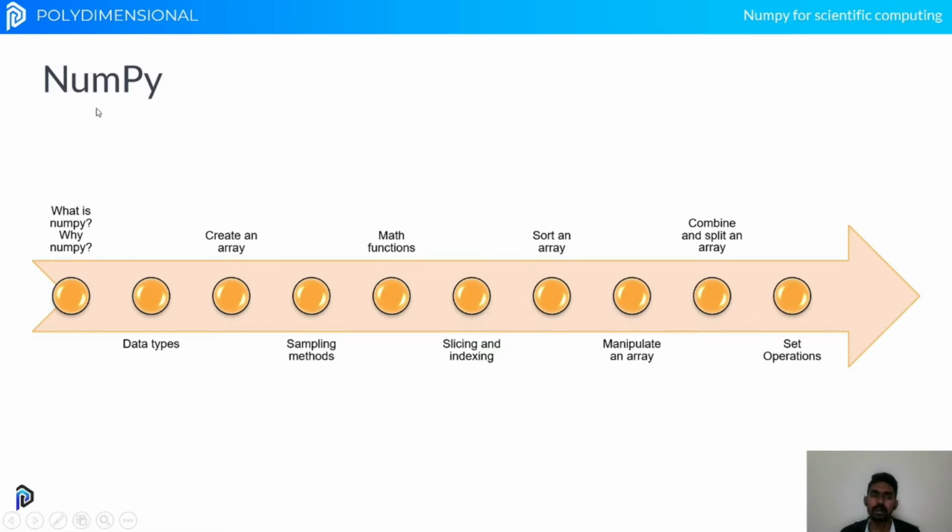So NumPy is a Python library which is used extensively, not just in machine learning, but in the entire field of scientific computing. It is a very fundamental library, and many other libraries are built on top of it, and it also interacts with many powerful libraries very closely. So it's important that you understand NumPy very well. So let's get started with the NumPy library.